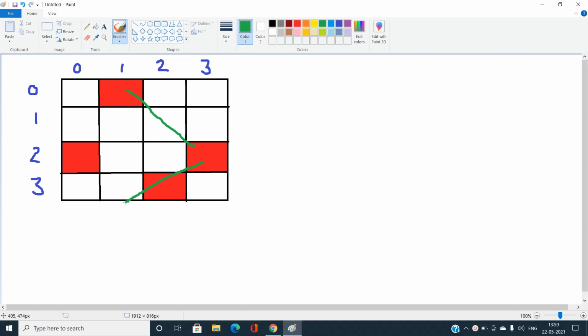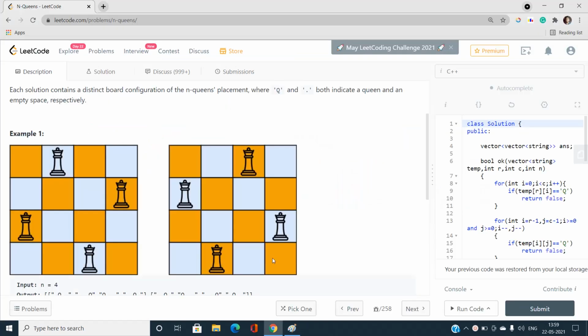For any matrix cell, let's say I'm talking about this cell, a queen should not be present over this one and this one. You can easily check by traversing in a backward direction from column 2 to column 0, and try to decrement every time the row number and the column number, and in the other case decrement only the column number. Okay, so let us talk about the approaches and the code.